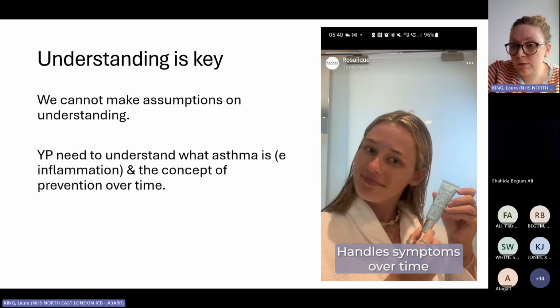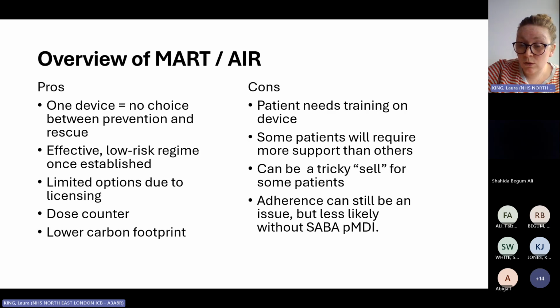Do we still prescribe salbutamol for children, people with lots of symptoms despite using MART? So the short answer is no. We prescribe MART on its own because that is now their reliever. There are some young people where we perhaps still prescribe a salbutamol, but they're the exception to the rule, really. So we had this chat in the last webinar that I did. If you have a young person who has anaphylaxis and salbutamol is in their anaphylaxis kit, we would be wanting to prescribe them that.